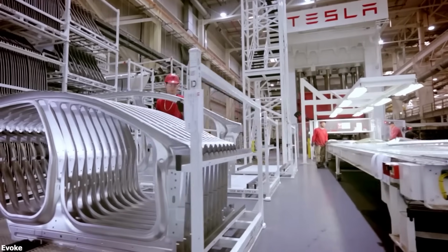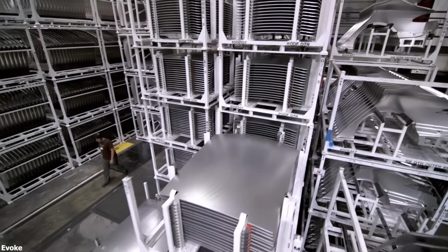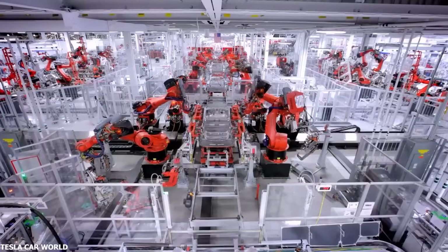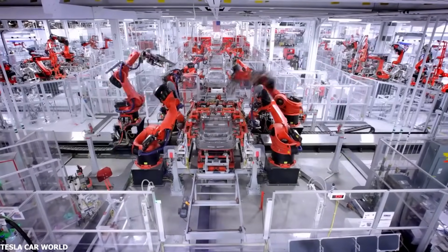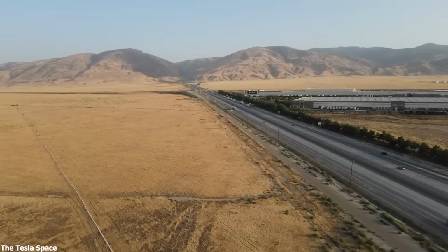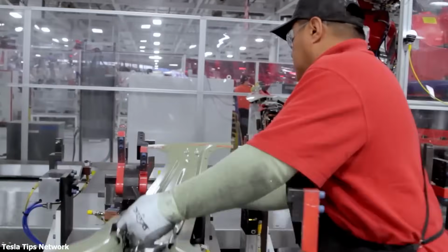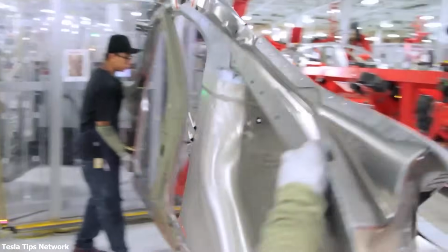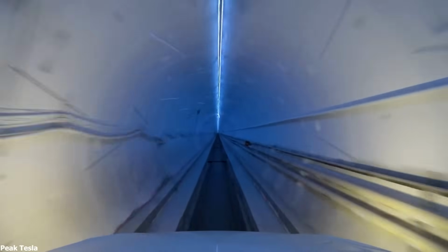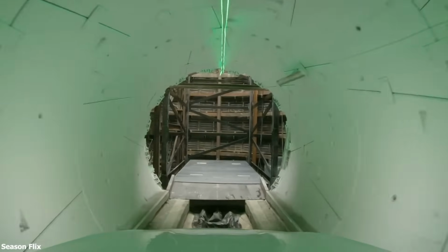Toyota employs AGVs and conveyor belts extensively, but still depends on human-driven transport for moving finished cars to shipping areas. General Motors, operating some of the largest automotive plants in North America, has integrated automated vehicle delivery systems in some locations. GM uses a mix of AGVs, robotic arms, and rail systems to move cars efficiently through their assembly lines. However, just like Ford and Toyota, GM still relies on large-scale parking lots and human-driven transport to move cars from